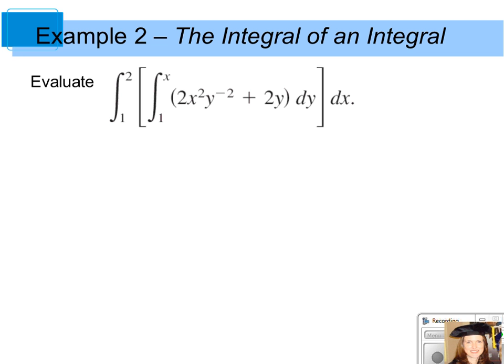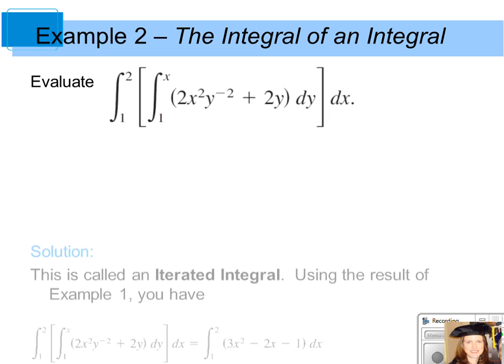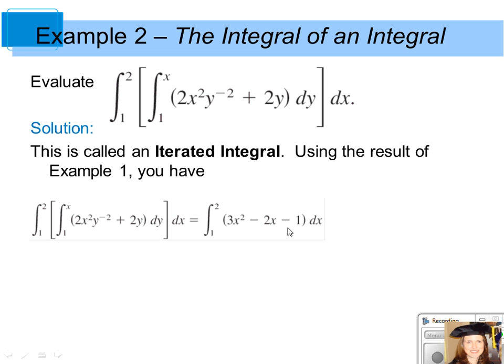Now we're going to put that together to create this iterated integral. You see this double integration. You have an integral from 1 to 2 of the integral from 1 to x of this quantity dy dx. We have already evaluated the inside integral. The inside differential was dy, so we integrated with respect to y and plugged the upper and lower bounds into the y variable. When we did that, we found the quantity 3x squared minus 2x minus 1. So we replaced the whole inside integral with what it simplifies to get the integral from 1 to 2 of